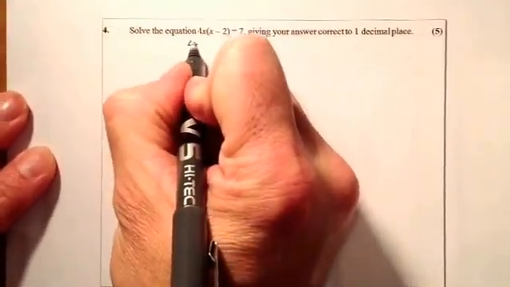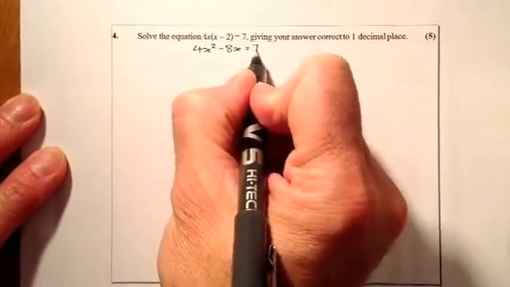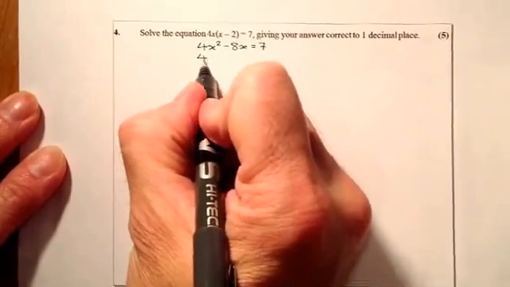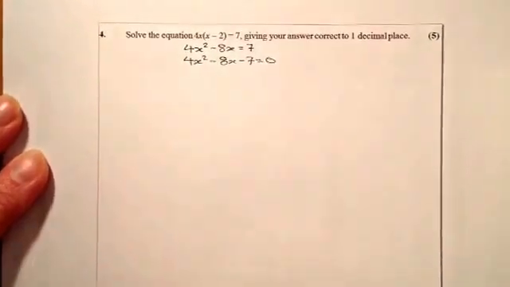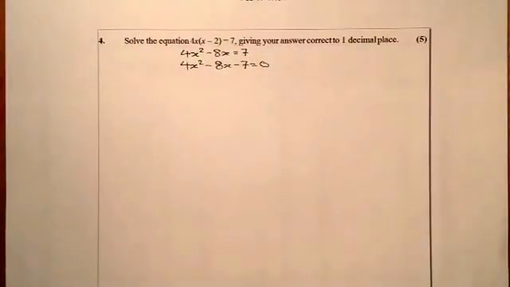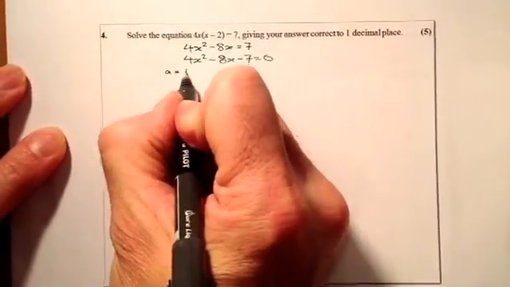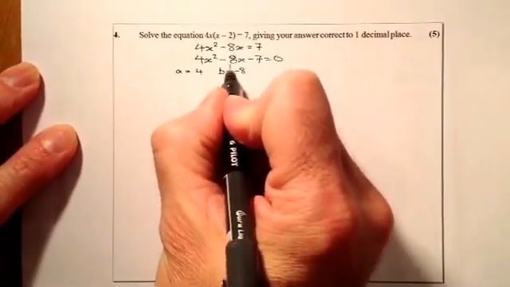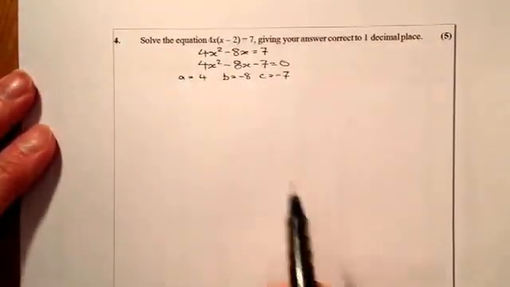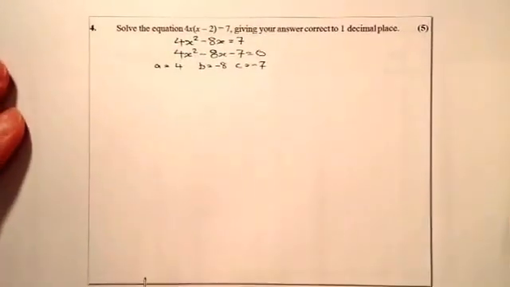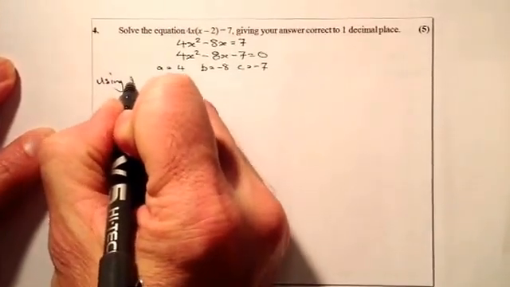So that'll be 4x squared, minus 8x, and I've got that equal to 7. Grab the 7 and take it over to this side. That'll become minus 7. From there I can use the quadratic formula to work this out, and my a value is going to be 4, b value will be minus 8, and c value minus 7. Remember it's just the coefficients that we take when they're in order, as they are there. So using the quadratic formula,